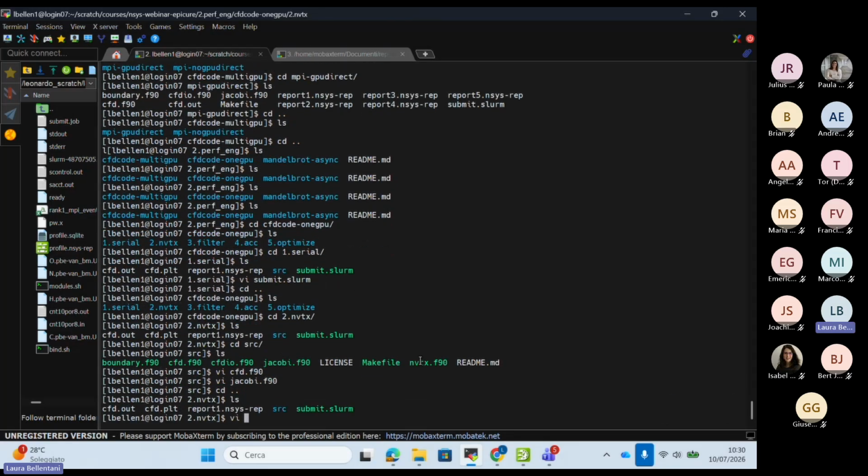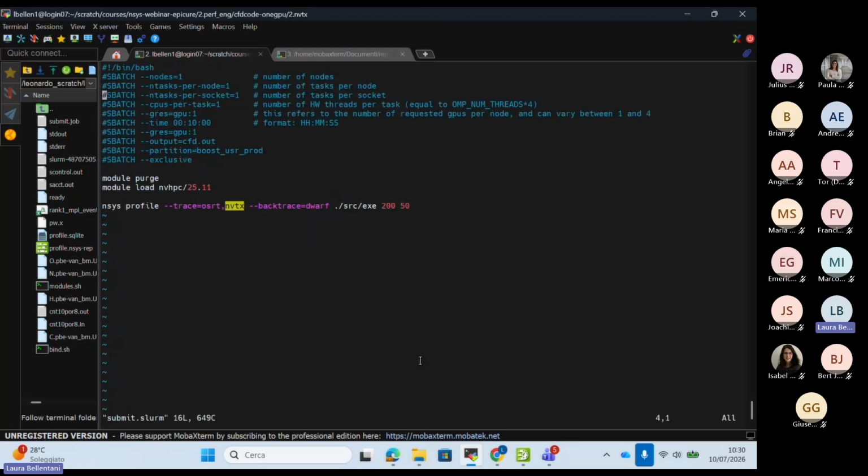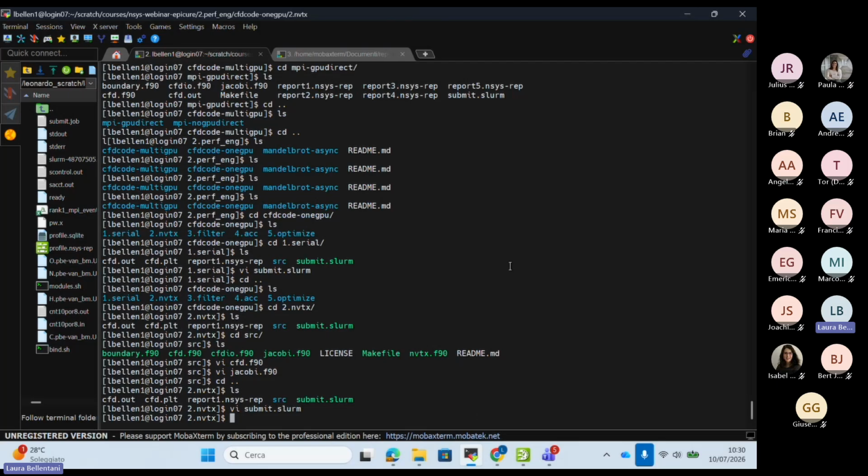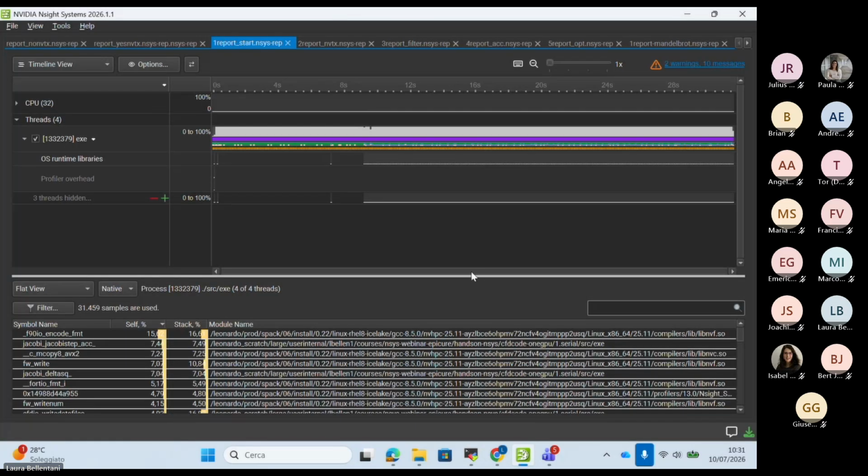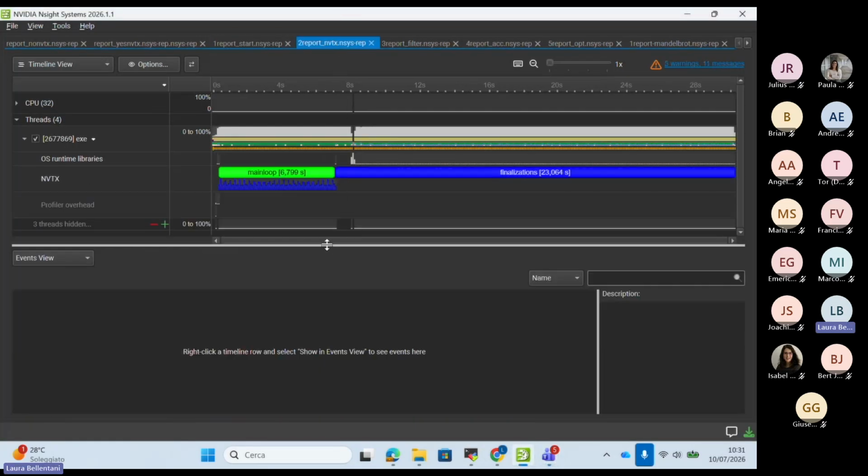Now, I have to launch my profiling session again, nsys profile, in this case with minus trace. I also add NVTX because I need to tell the daemon that I want to intercept NVTX ranges. Actually, by default, if you don't specify any minus trace, nsys will automatically profile operating system runtime library, NVTX and CUDA. But I prefer to be verbose, so I add this comma NVTX. And then I generate the report 1.nsys-rep, and I open it in my GUI. This is how it looks.